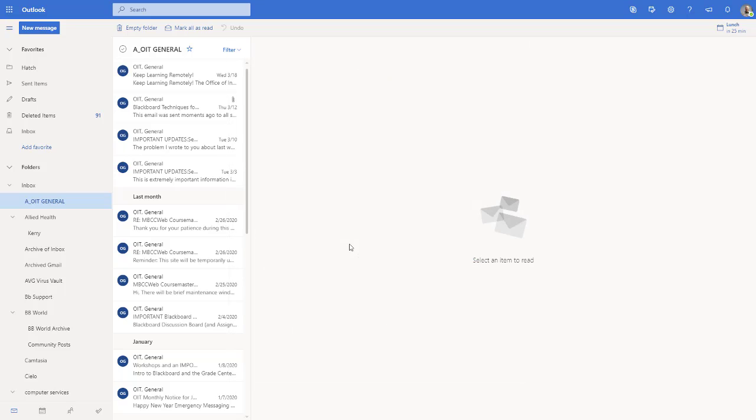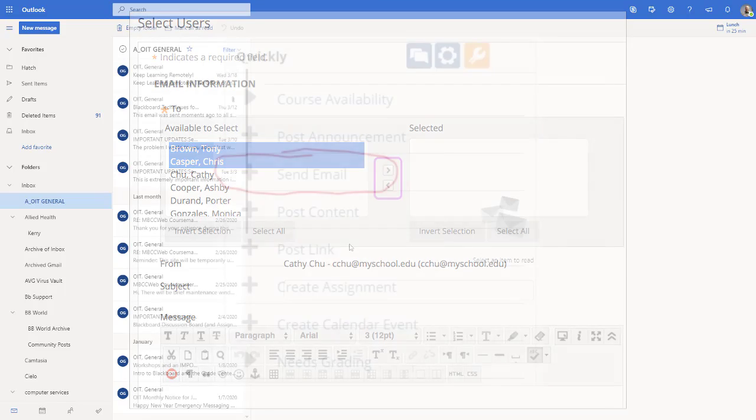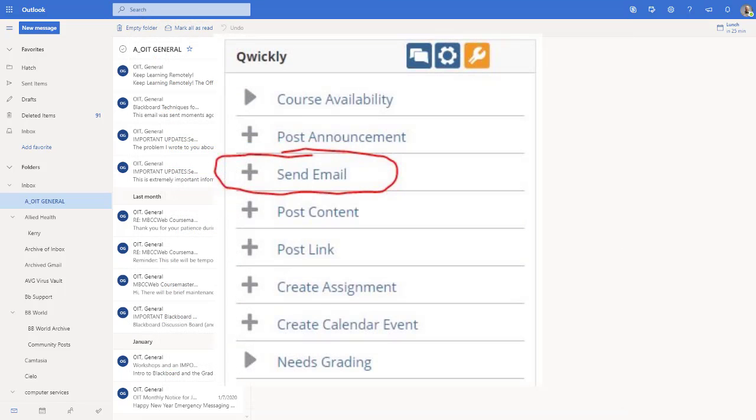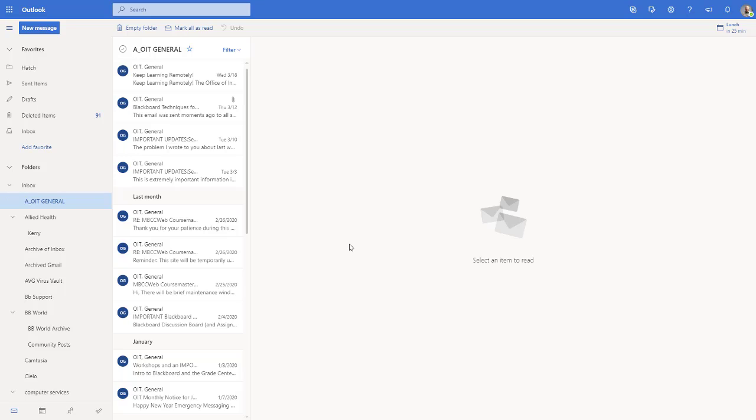Other ways this is possible are using the email tool built into Blackboard or by using the Quickly tools also built into Blackboard. The advantage of those tools is that they're integrated in Blackboard and you don't need to use a separate tool such as Outlook Web Access. The disadvantage is emails sent from Blackboard or Quickly are not tracked the same way they are in Outlook. In Outlook, every time you send an email, a copy of that email is saved in your Sent Items folder. You can then maintain reply chains and threads with any of the participants, something that is not possible by using the email tool in Blackboard or Quickly.